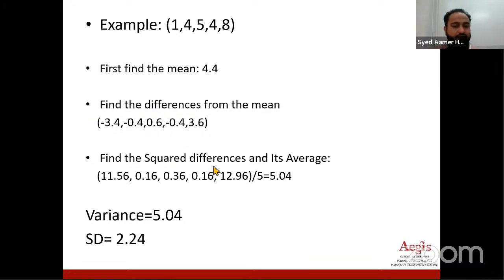That's what I have found. And then what you have to do is square those values. In machine learning and in stats, you will encounter this a lot of times, that you will square values. The reason for squaring is you don't want a negative term.